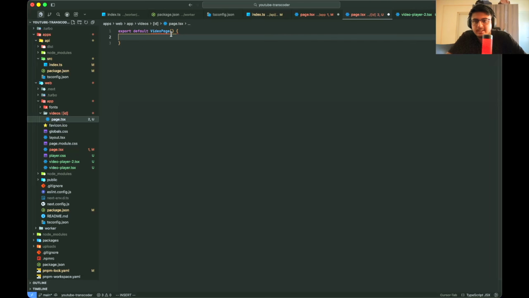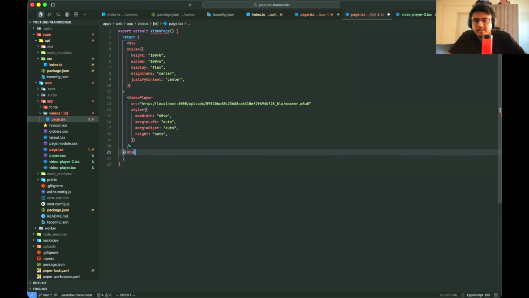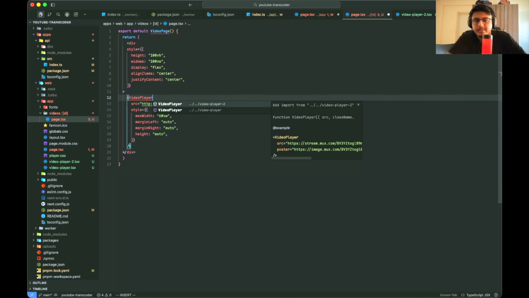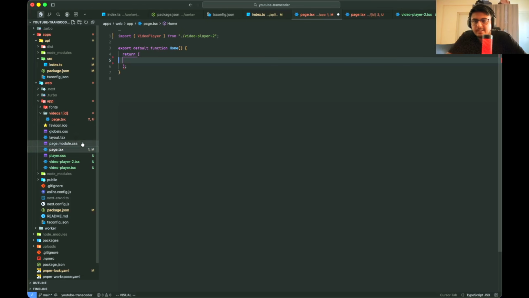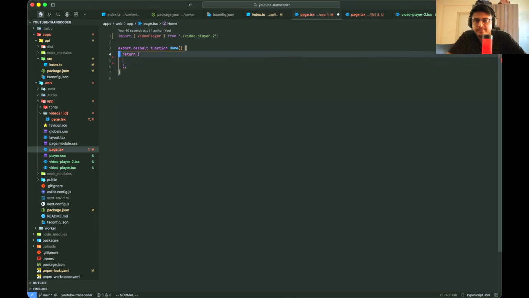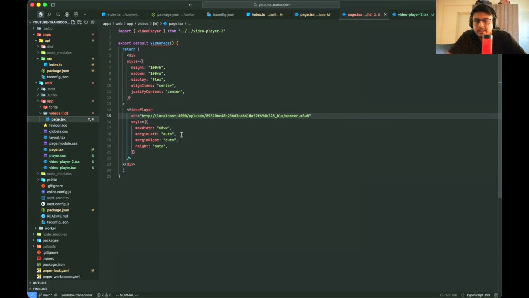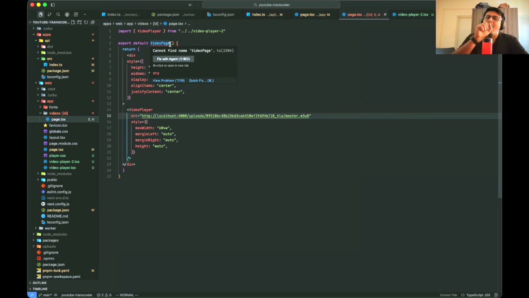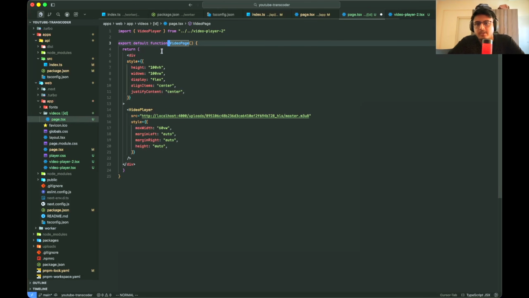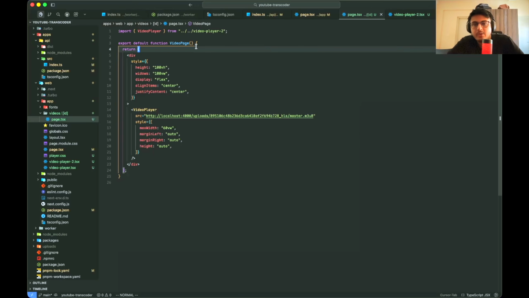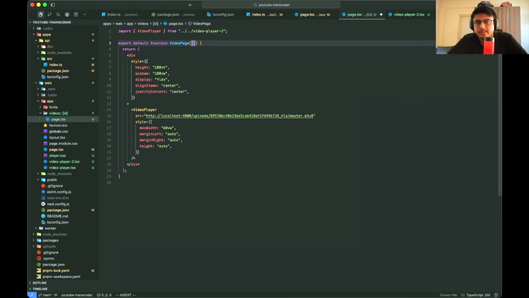Let's copy this and return, and paste it here. Video player from video player 2, and let's just do hello world. This one should show only the hello world, which is fine. And then export default function video page. Now, how do you access params? It's like ID, right? So ID,